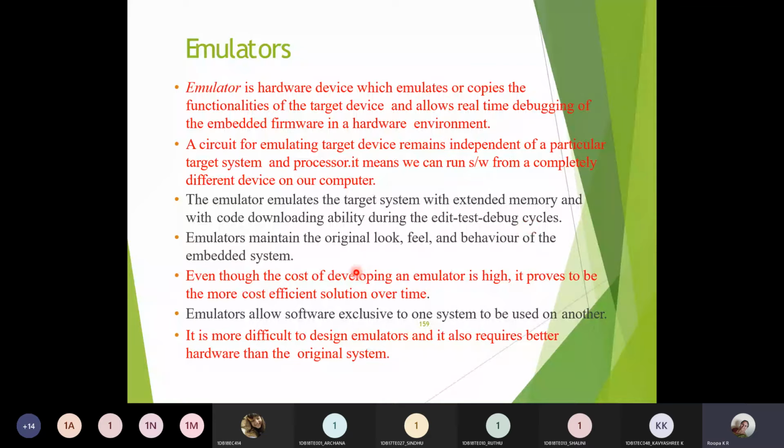The difference is that you can make the emulator maintain the circuit with the look, feel and behavior of the original embedded system. The only issue with the emulator is that its cost is high, and designing an emulator takes more time. So instead of going for an emulator, it is better to design our original system only.